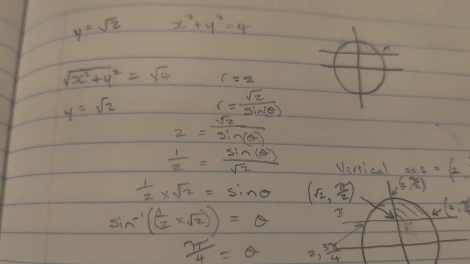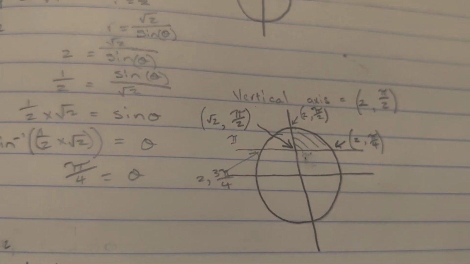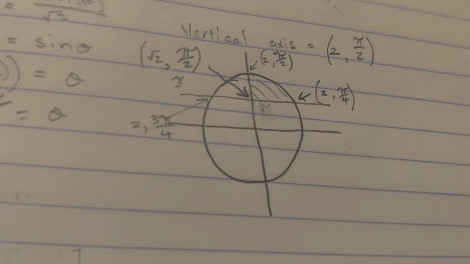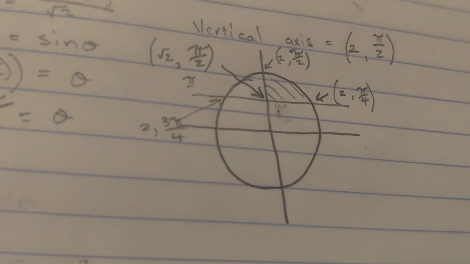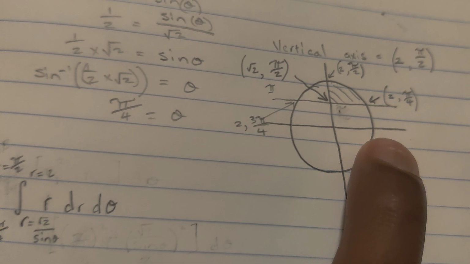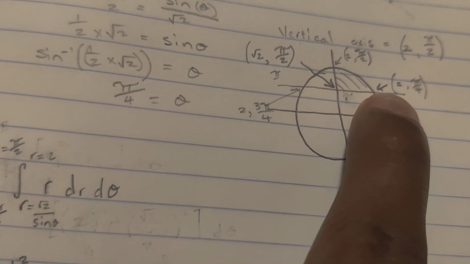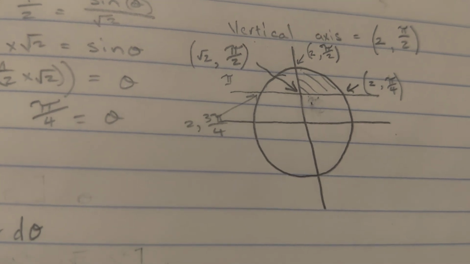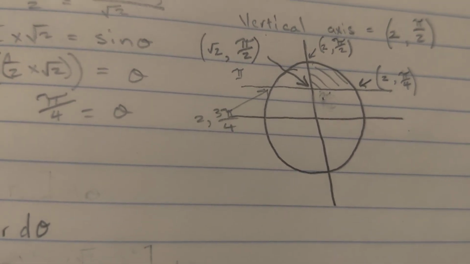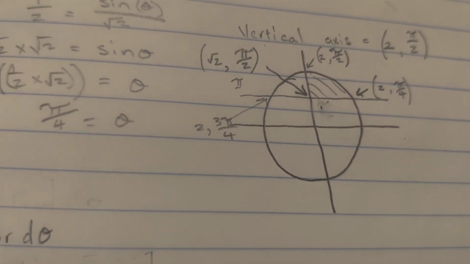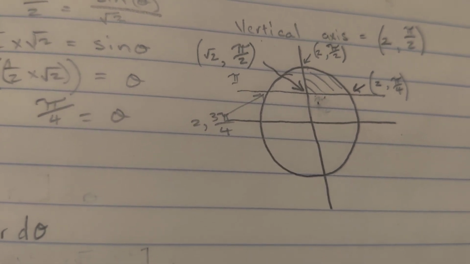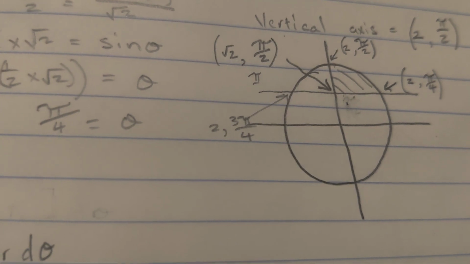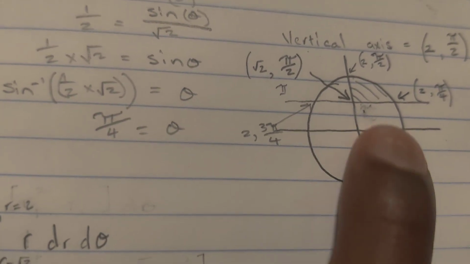And then we're going to go to our representation. So I drew a graph here, and we're just going to label it. So this is the circle, and we want to find this region here to this region because that's what the instruction had. And we know that the radius, the r value, because we're in polar coordinates, it's r and theta. So instead of x and y, it's r and theta. So our r anywhere along this circle will always be 2,